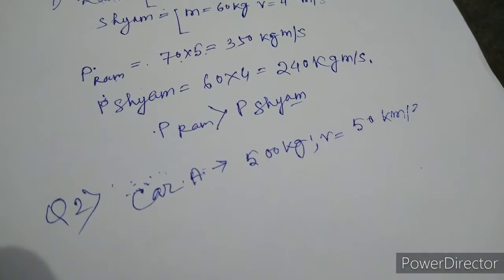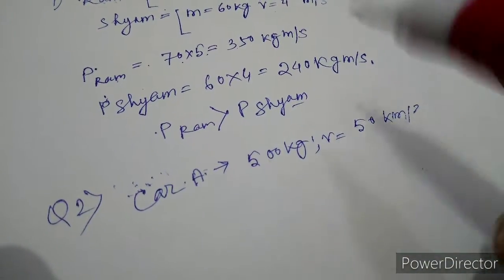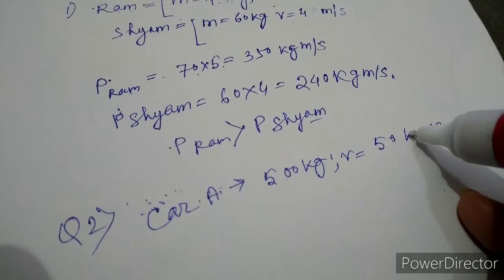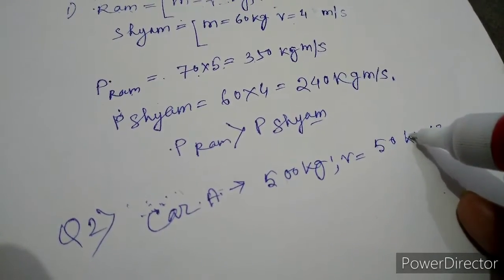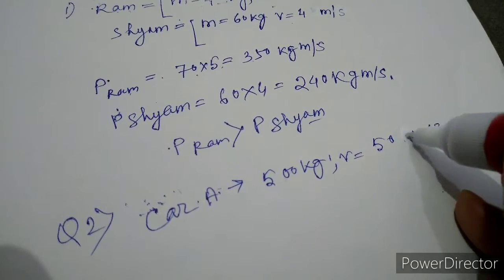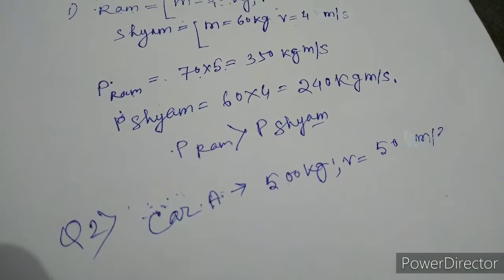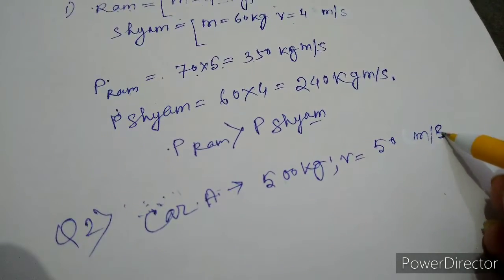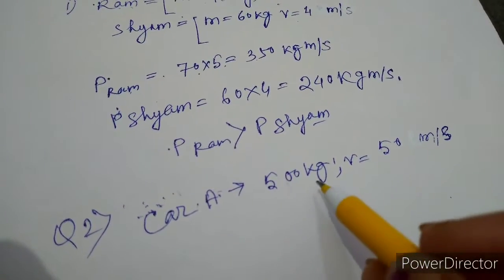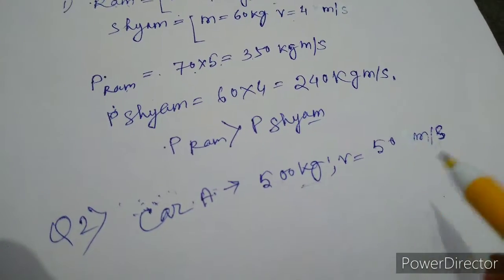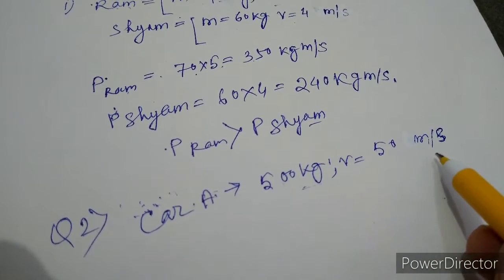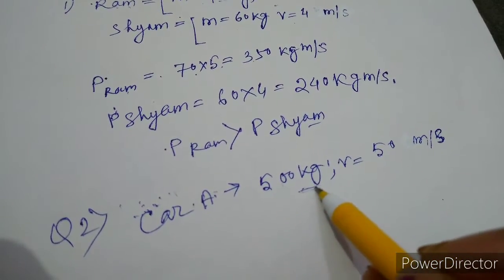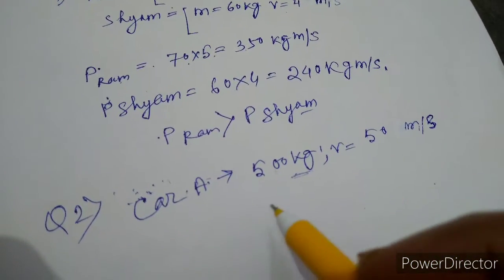Not kilometer per hour, we will take SI unit. It will be meter per second. If it is in kilometer per hour, then you have to convert it into meter per second, which means you have to change it into the SI unit. Otherwise you cannot calculate. Suppose one unit is in SI and another in CGS or any other, so you cannot do it. Both you have to convert into the SI unit.